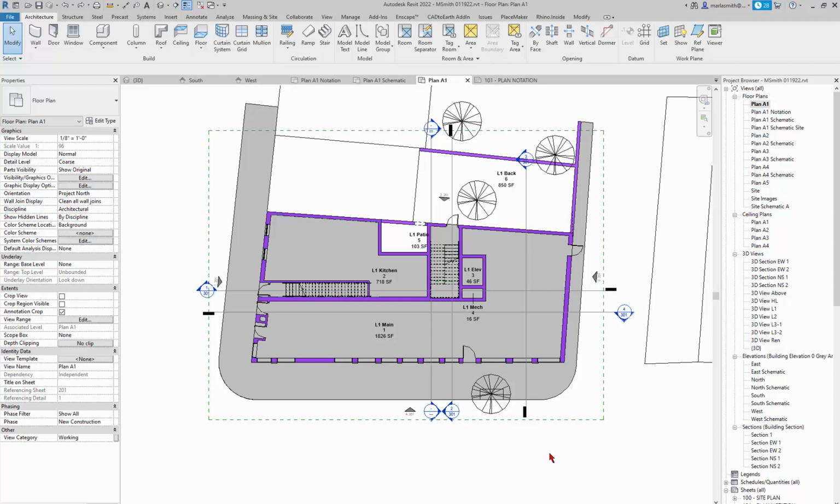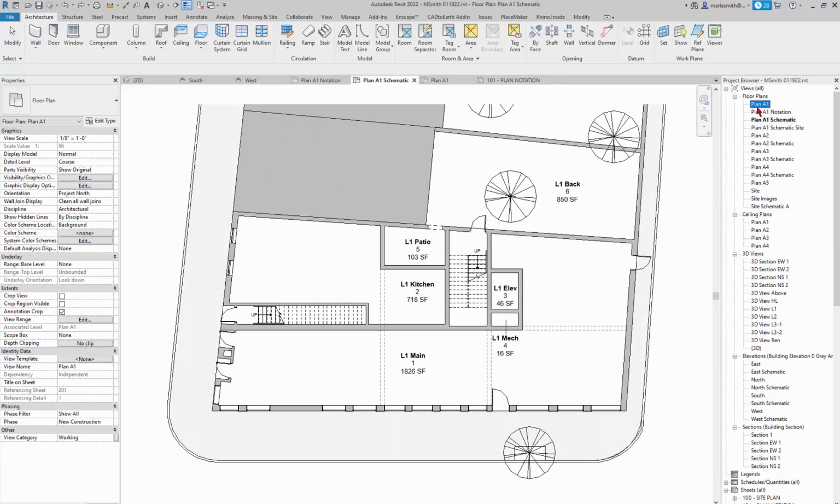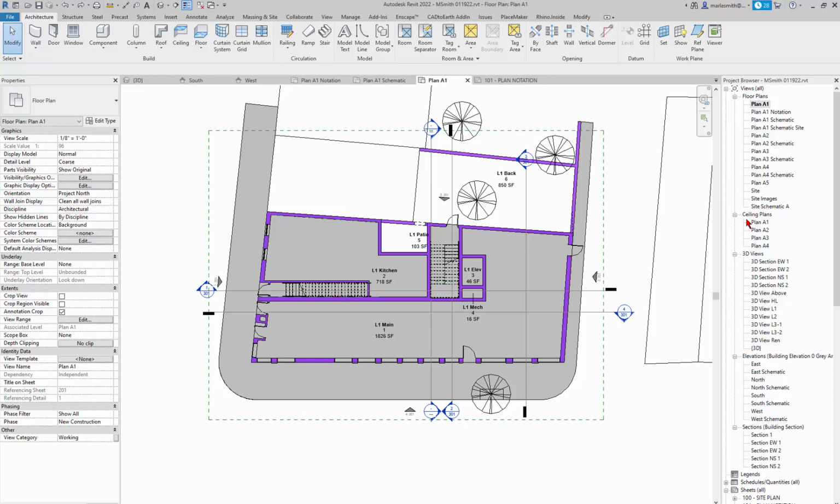Alright, so I'm going to start from scratch and show you how to set up one from scratch. If you want to, you can duplicate the schematic if you want it to look like the schematic, but I'm going to start from the plan A1 and just show you how to do it from scratch. So what I want to do here is eventually create just a little bar in this area